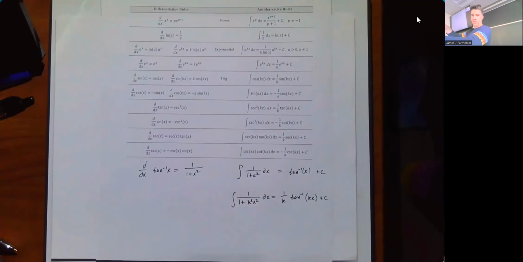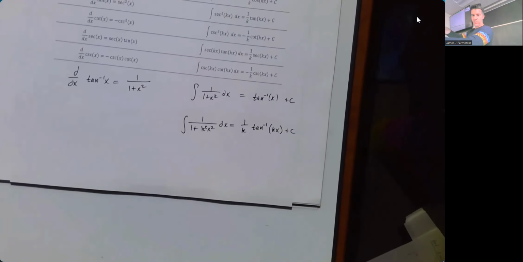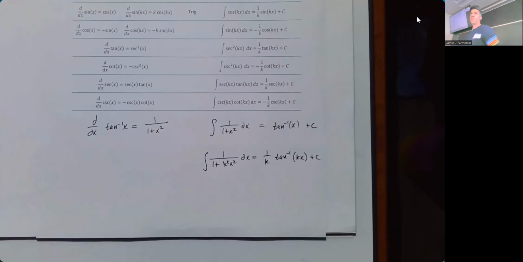I know, let me zoom in a little bit here just to make it a little bit easier. That's okay. Good job, James. In case you can't see that very